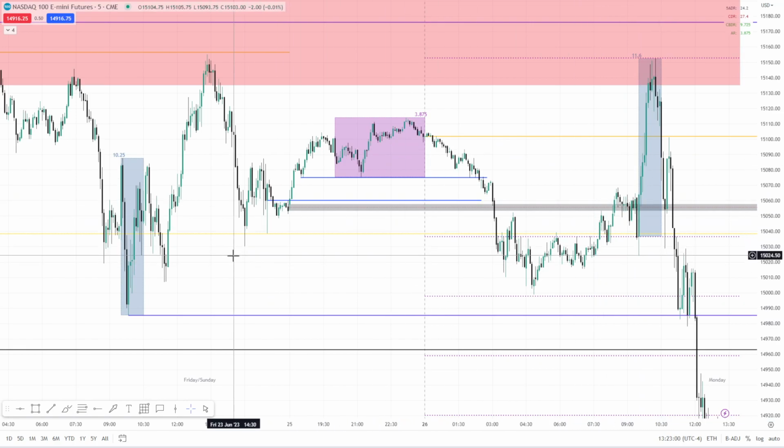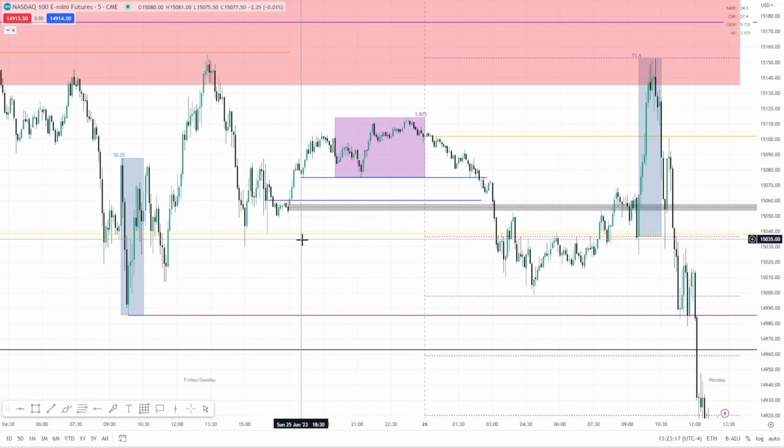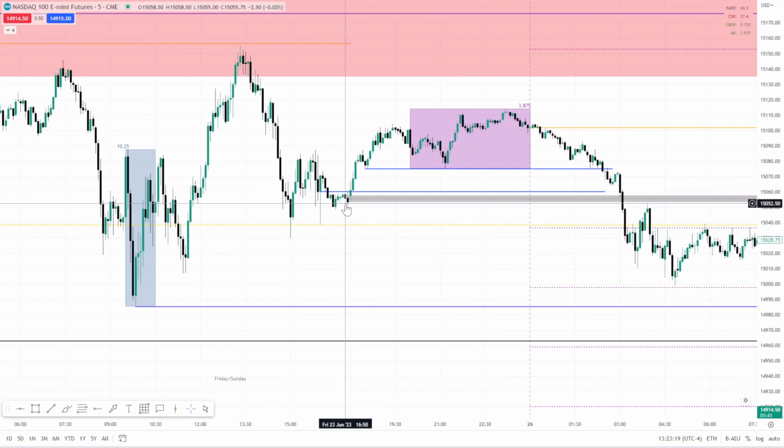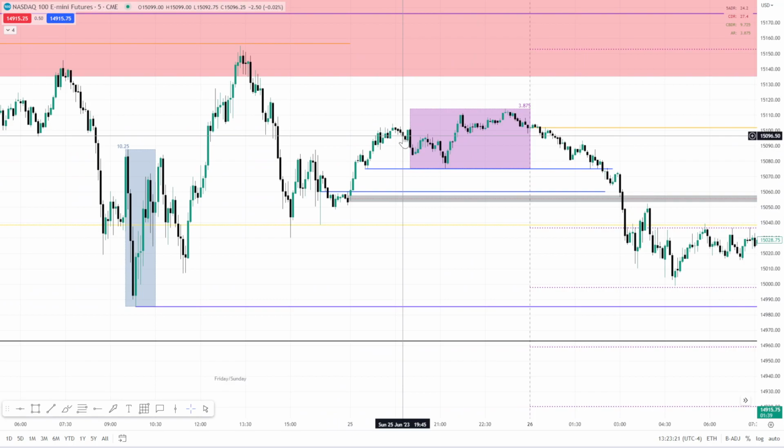You've got to look for certain points along the way. Like this low could have been one for the runner too. I had three contracts, and I took two right here. Basically, I put one at the top here and then one right at the mid here, thinking that on the higher time frame it was only an up close candle,